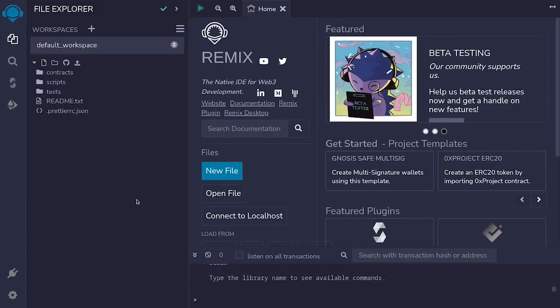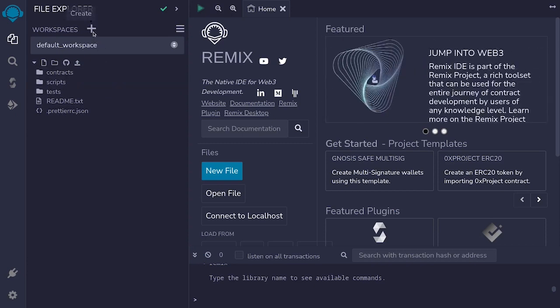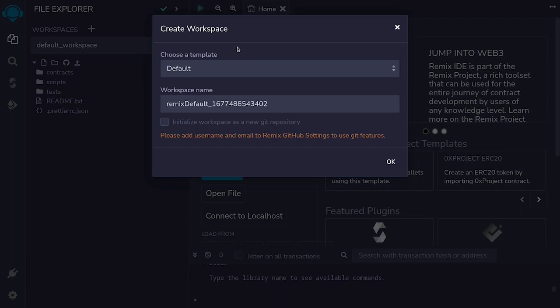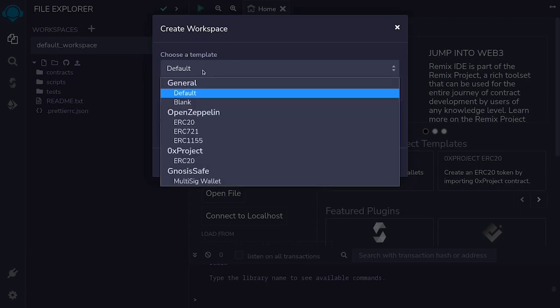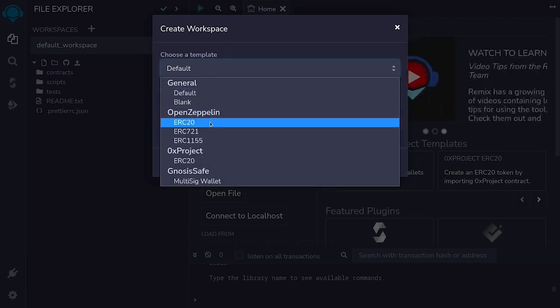This video will be an introductory video about how to use Workspace in Remix. So to start off with, I'll first create a workspace, and to do that, I'll click on this plus icon next to the Workspaces. This will open a pop-up, and for this example, I'll create a workspace using OpenZeppelin ERC20,